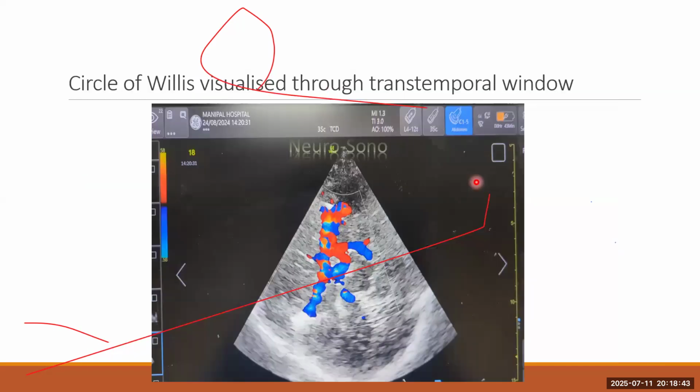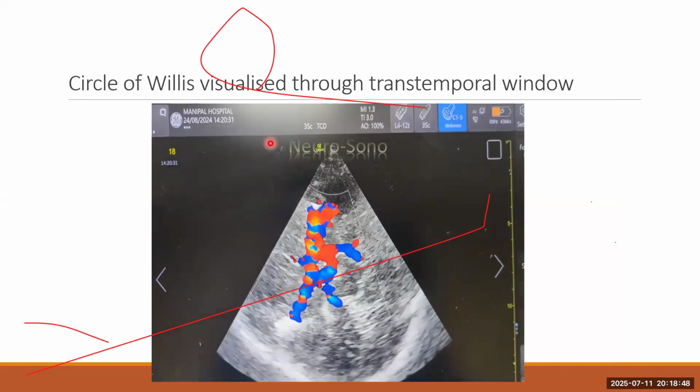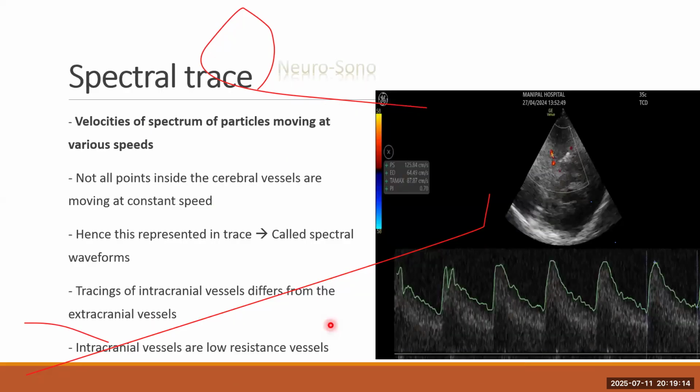So this is again one of the insonations where we could see the entire circle of Willis in one transtemporal insonation. Here, this is what I was talking about. There is a red offshoot getting off from the P2 part. This is probably one of the posterior choroidal vessels, which a naive or novice observer can mistake for the MCA. So with this background knowledge of the vasculature, the depth, the windows, and identification of the various vessels,